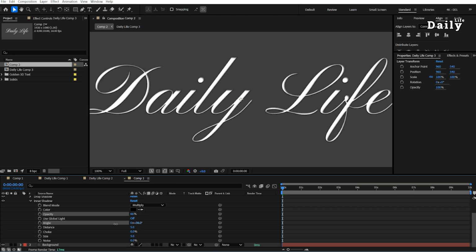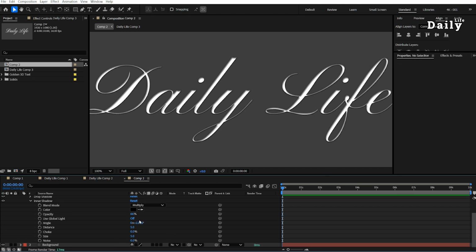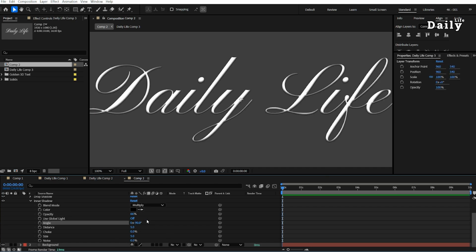Set shadow angle to -90 degrees, opposite the outer shadow, for consistent light direction. Set distance to 5. Set choke value to 15. Low choke values create a softer and more diffused shadow with gradual edges. High choke values create a sharper, more defined shadow edge. Set the size to 2 for a clean, sharper appearance. Your inner shadow is now perfectly applied.